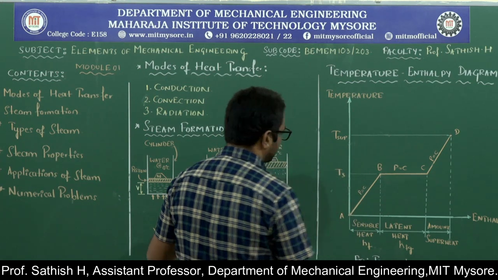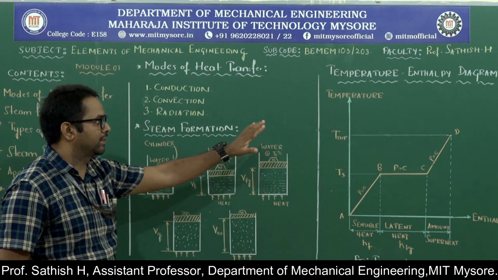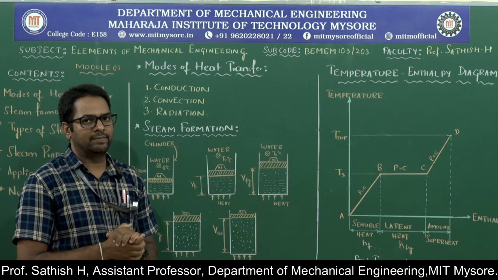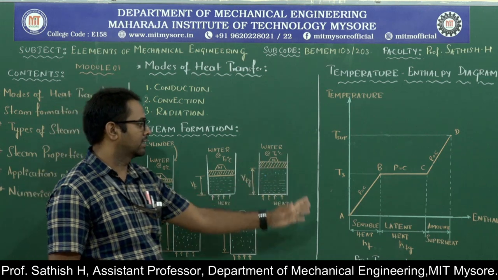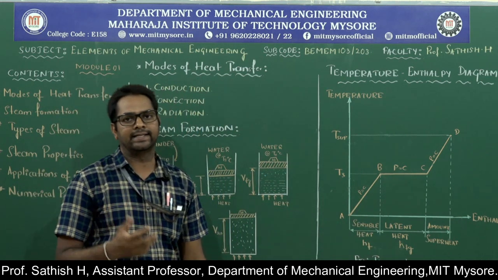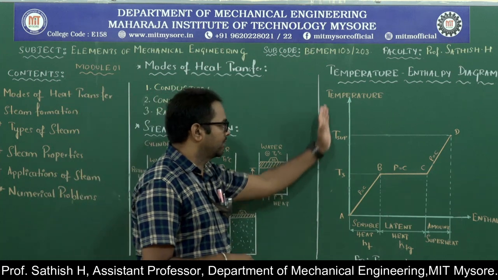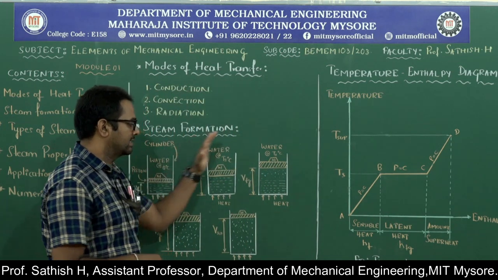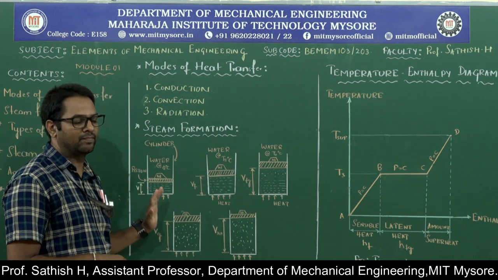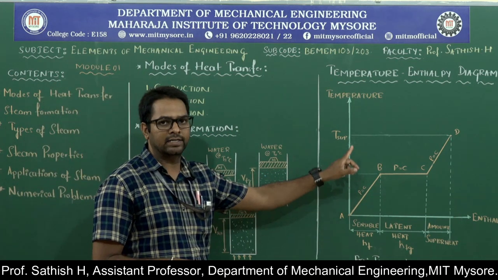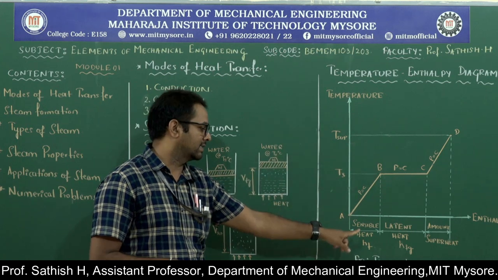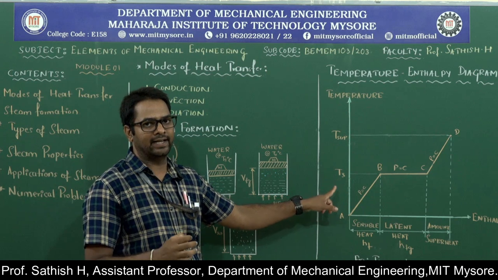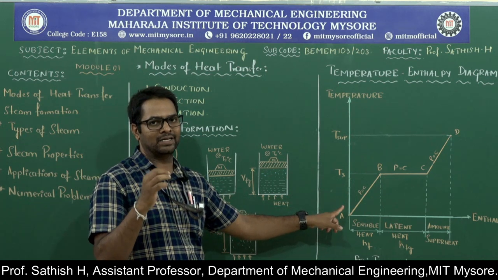Also, in order to understand this, we have taken this temperature enthalpy diagram. The temperature enthalpy diagram is an XY plot. On the x-axis we have the enthalpy, and on the y-axis we have the temperature. While discussing all these different stages of steam formation, we will also locate them on the TH diagram. TH diagram means temperature enthalpy diagram, because H is the enthalpy